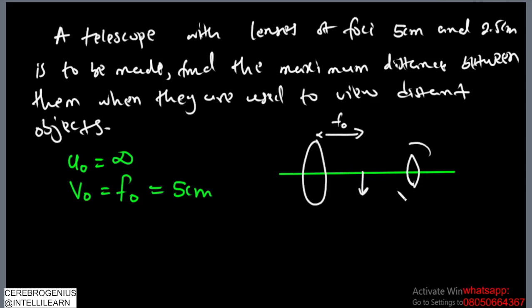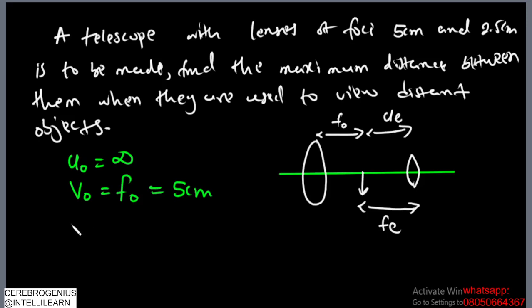Now we need this to form a virtual image, right? So that means that where this image is falling must fall inside the focus of this. So this distance must be at most equal to the focal length of the eyepiece. If this distance of the image from our eyepiece is bigger than its focal length, it will not be able to form a virtual image. So since it is the maximum distance that they are asking for, we are going to take this distance, which is also the distance of the image from the eyepiece,